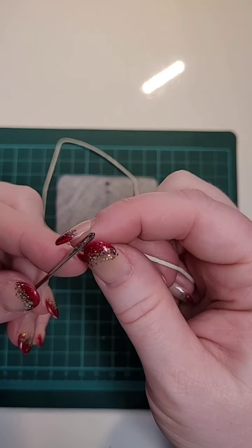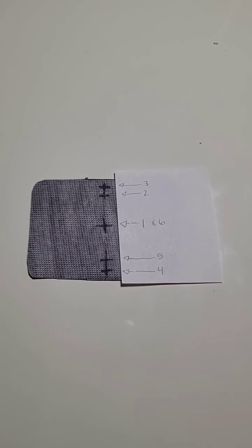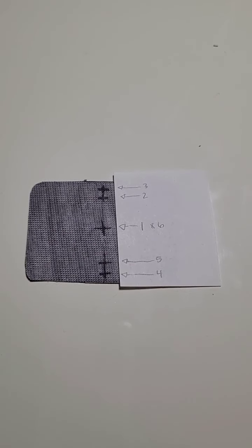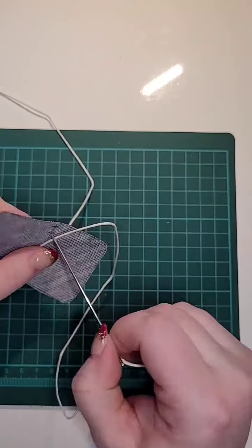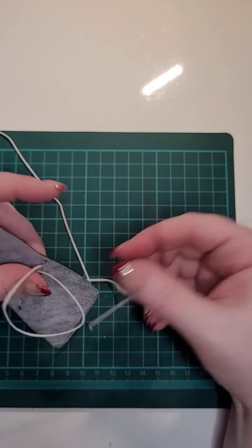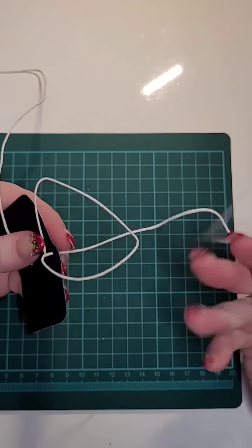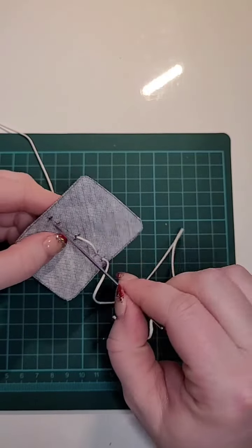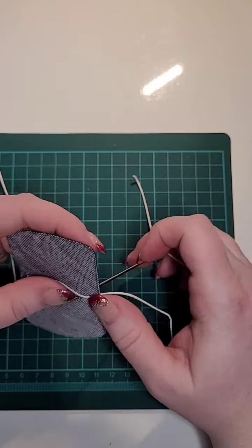Make sure you have a tapestry needle that is wide enough to fit the cord. Pause here to see the threading chart. Just like before, we're going to start on the outside, the good side, and we're going to work our way in. Make sure you keep a tail so that you can adjust it later as needed. You're going to go to 2, 3, and then down to 4, and then 5, and back through the middle